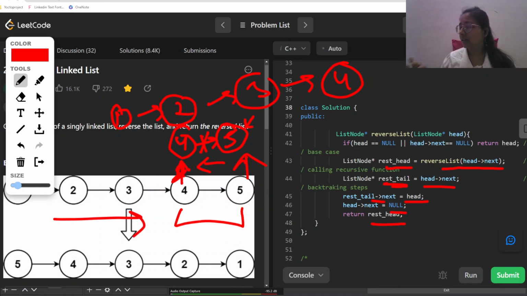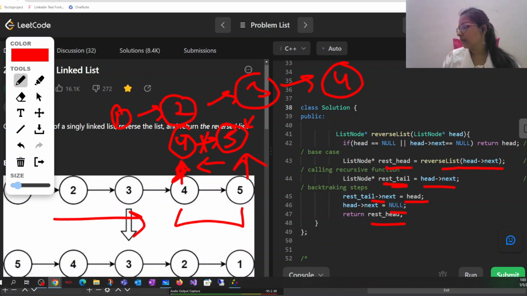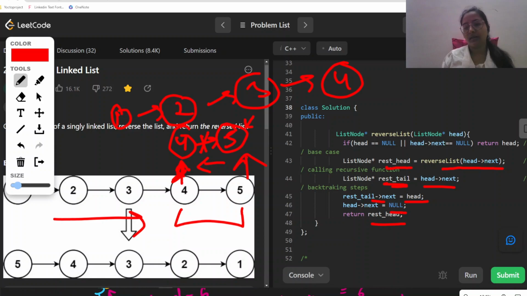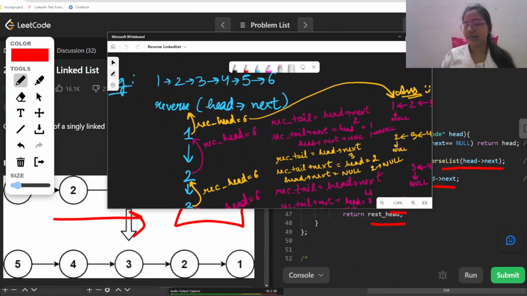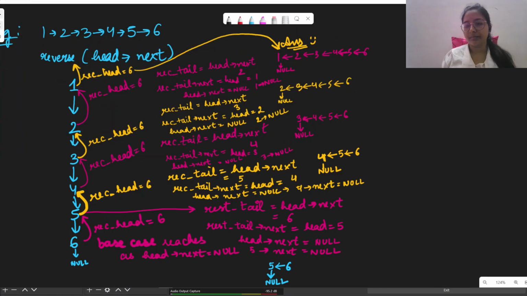So that's the thing. Now this was the coding part, but let me show you the dry run for the same, for better explanation. So here's the same. So here is how things are. First, the reverse function is called with head next. Now in that function,